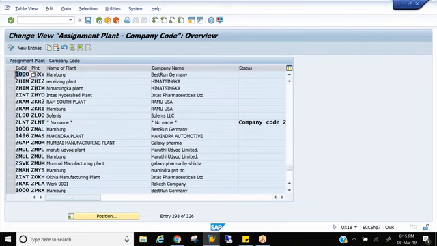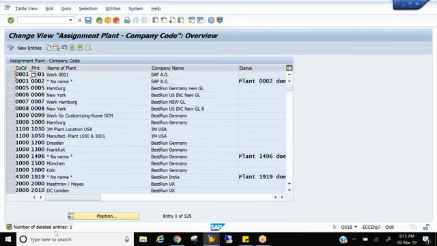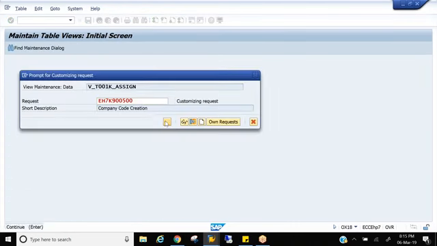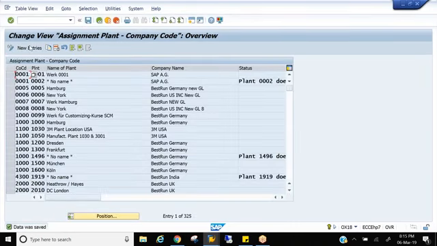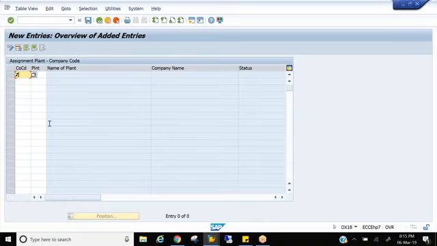So for this reason, select this combination and delete. This is the delete icon. First, delete it. Once you click on delete, you have to save it. If not, it will not take effect, right? Delete, save it. Now go to new entries and give ZGXY and ZGXY.